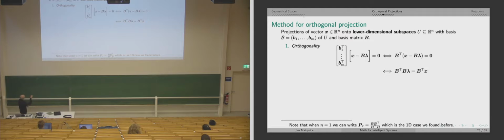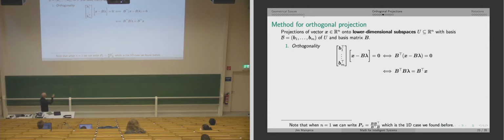The way we do that is by stacking the basis vectors. So here we have that each row is a basis vector of our subvector space U. And we have here a vector,